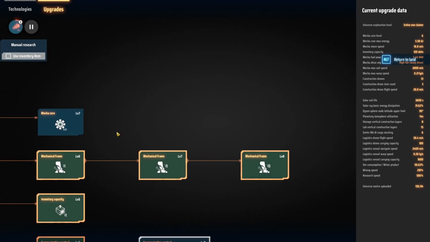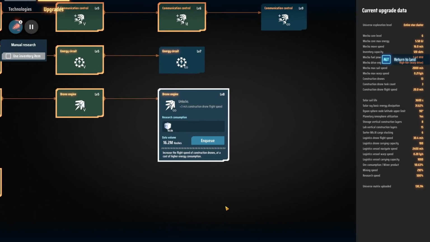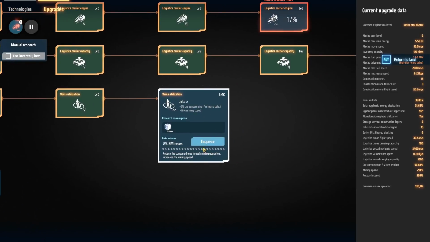Then focus primarily... Oh, wow, this is cheap. Drone engine +3. That's it. It's kind of getting expensive. But the real one, the one that's the most valuable, is this one. The range utilization. This will continue to give a bonus. The other ones will at some point not really make a big difference. But this one we're down to